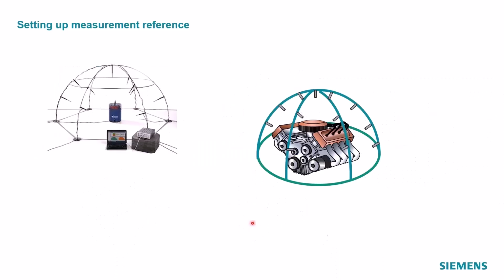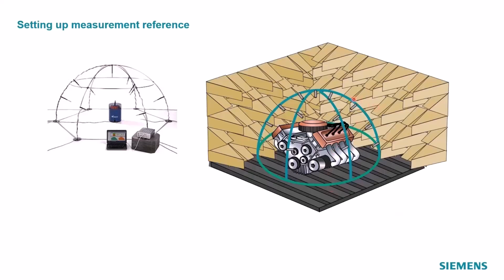Here is another picture showing a different arrangement of microphones in the hemispheric arrangement. And you can do this type of measurement outdoors or in a hard wall cell, or even in something like a semi-anechoic chamber also. I specifically show this picture because here we have a reference sound source. That is a source that generates a known amount of sound power. From the specification sheet or the calibration sheet for that reference sound source, the manufacturer will provide the sound power in their lab conditions, an acoustically controlled environment.